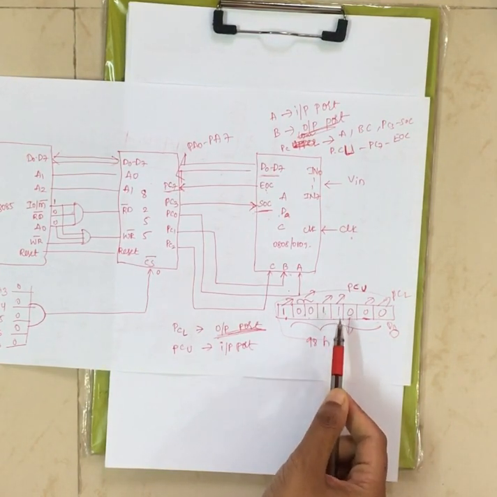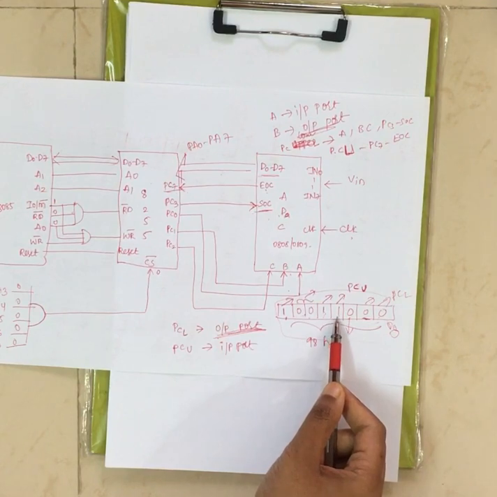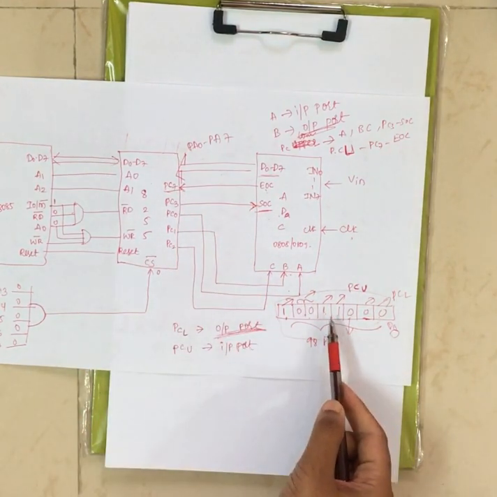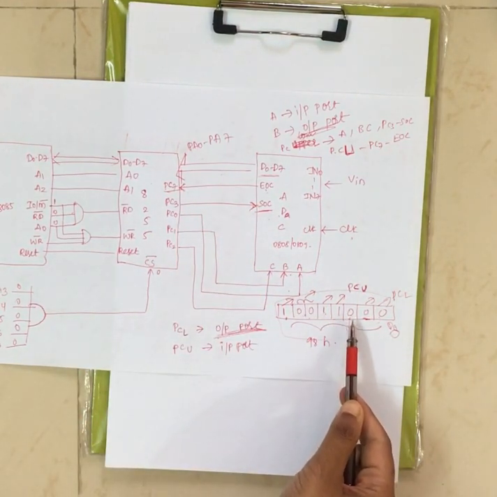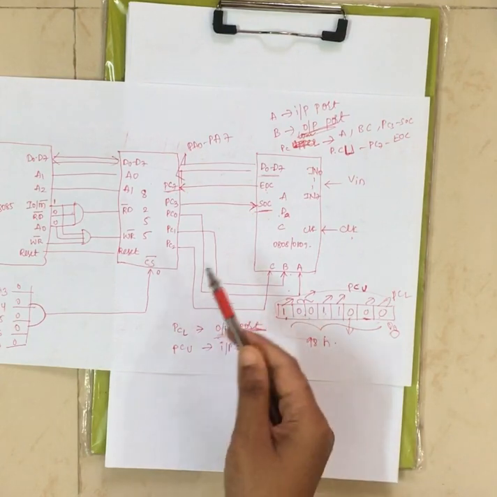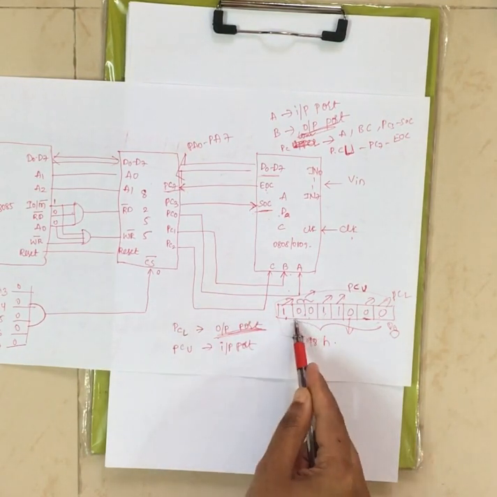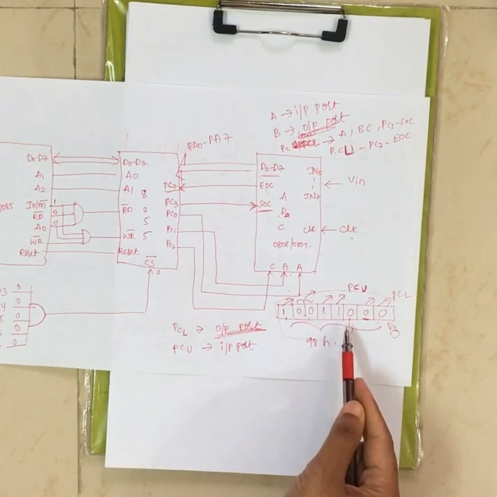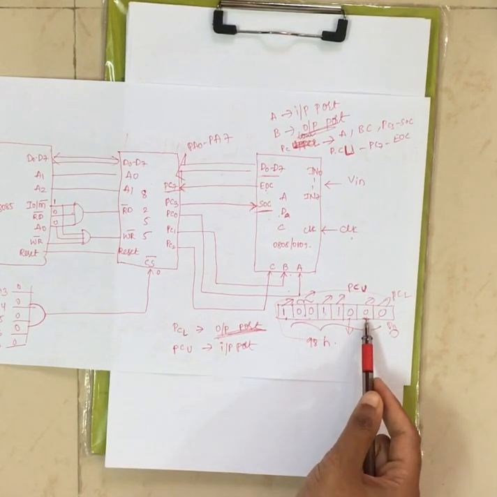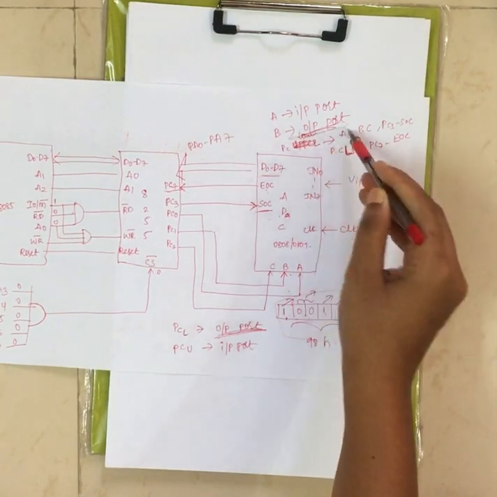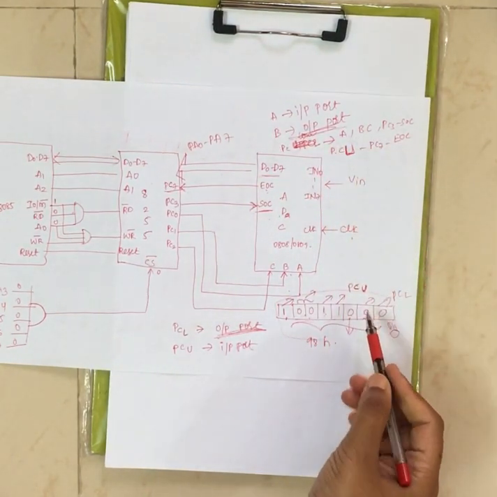And next we have port C upper, right? The next bit will specify the IO operation of port C upper. Now port C upper is reading the data, that's why it is 1, right? And the next bit will specify the mode of port B, whether port B is under mode 0 or mode 1. Now from D5, D6 it is mode 0, that's why this will be 0, right? Now the next bit will specify the IO operation of port B. Now port B is used for output port, that's why it is 0, right?